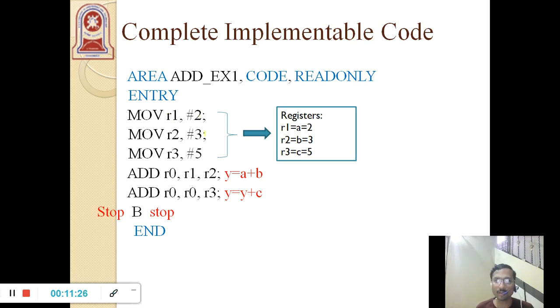Similarly, move R2 equal to immediate data 3, move R3 equal to immediate data 5. Then perform these two additions. That's a very simple example of how we execute a mathematical expression y equal to a plus b plus c. Now for this we will see how to write the same code using Keil software.